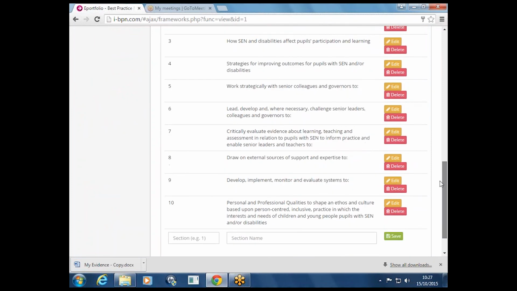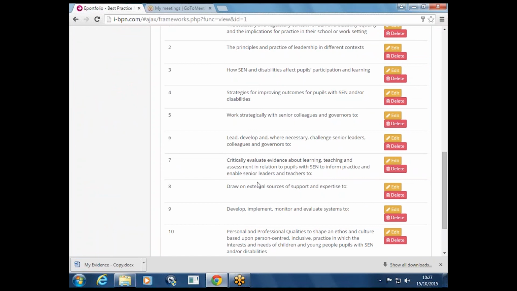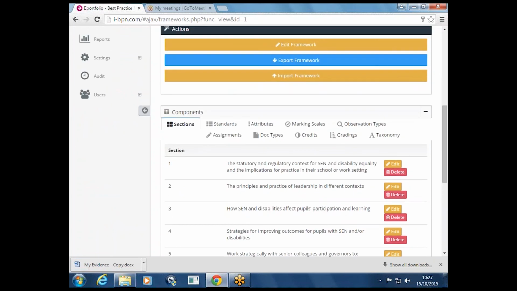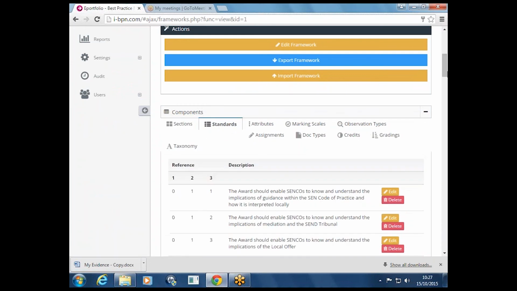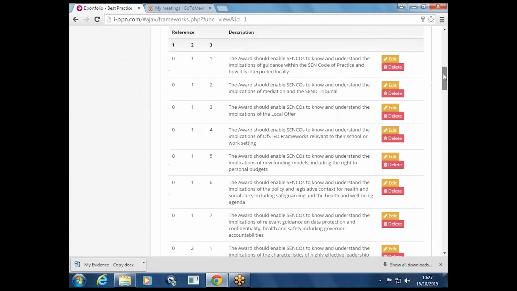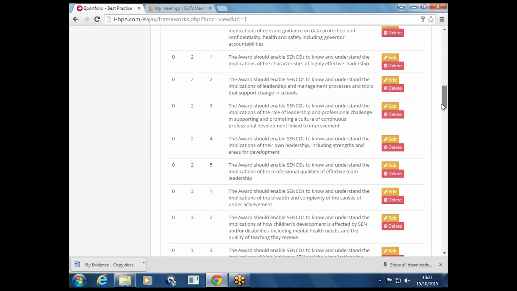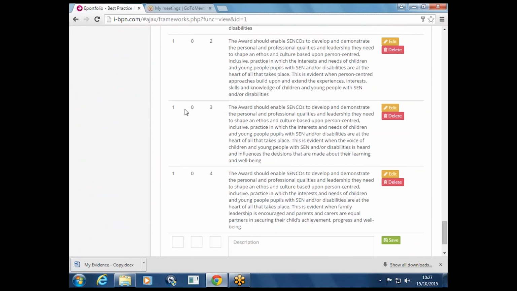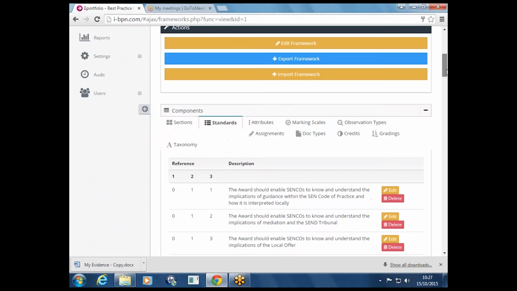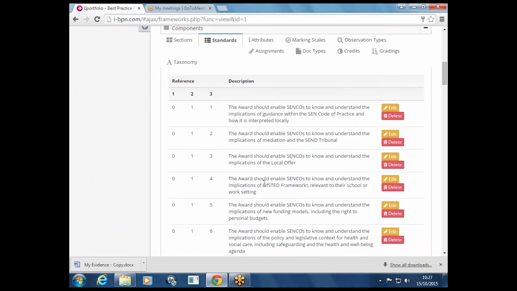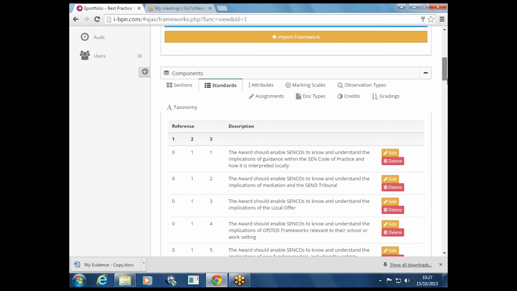We've got our Senko bit set up with 10 sections, with a title for each. We number them 1 to 10. Within those 10 sections are the standards. So we've got 1.1, 1.2, 1.3, 2.4, all the way down to 10.3, 10.4. This has the bulk of the learning objective information, what someone's being marked against, basically. Does the bit of work they've uploaded enable